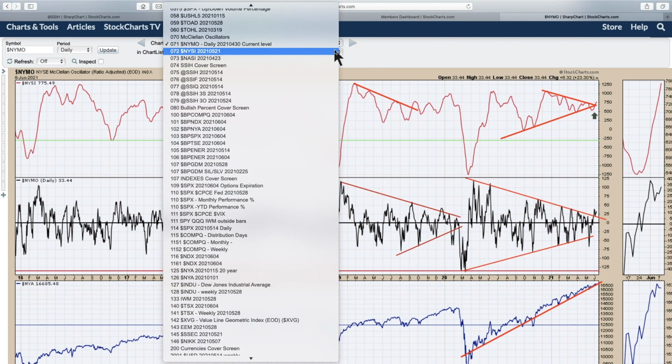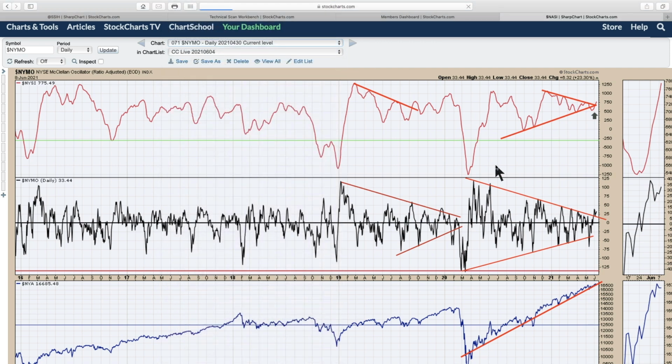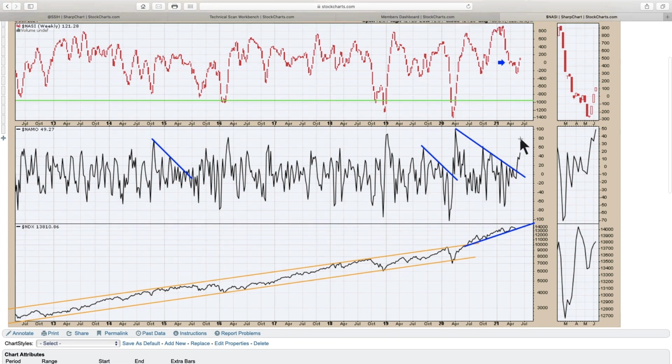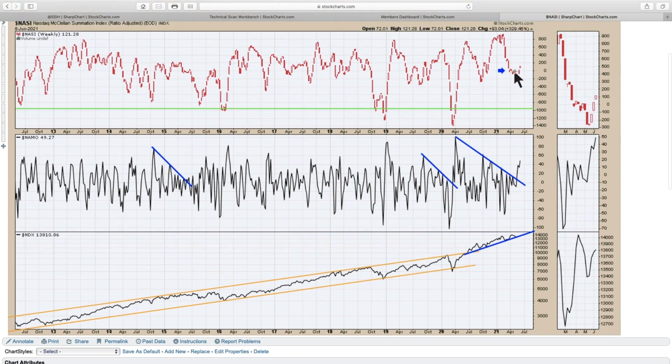Now, when we look at the NASDAQ version of this chart, what you can see is from April of last year, we kept having lower highs, and we started to get below this 20 level quite consistently this year, and really haven't made any headway to the upside, and it started to move up. Now, what we see on the summation index is it's actually starting to pop to the upside. Recording this Wednesday morning before market open, so it's only been 2 days, and the summation index is still popping